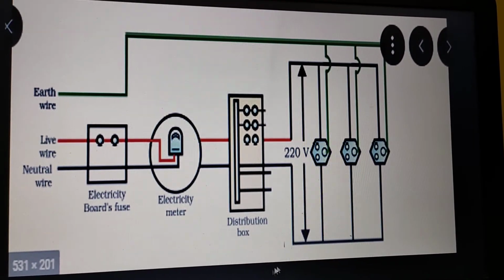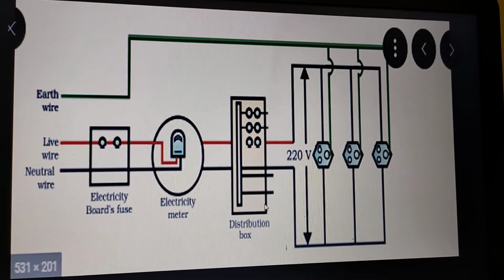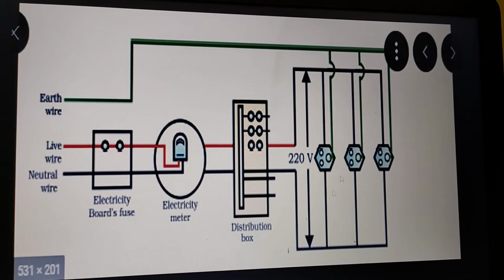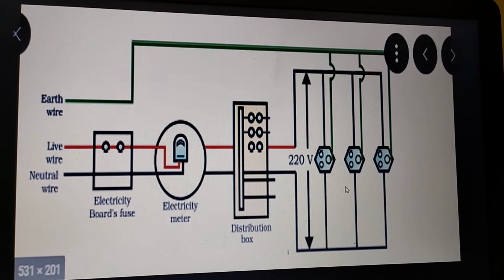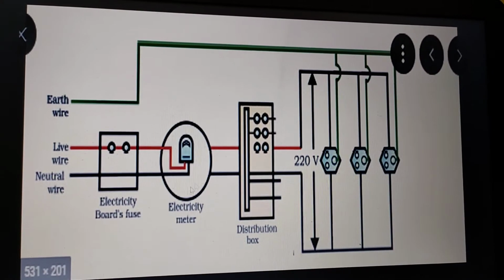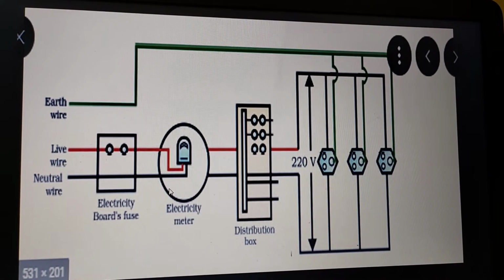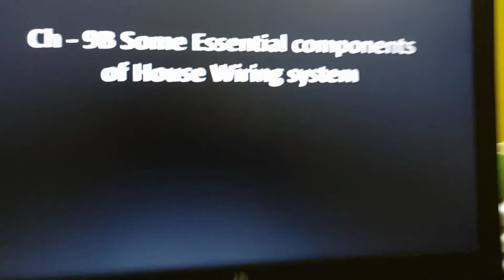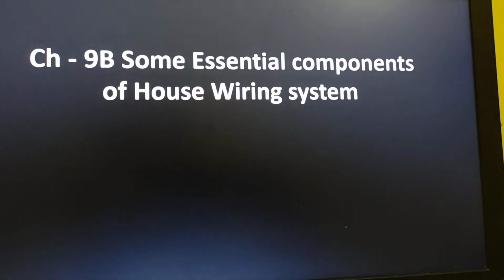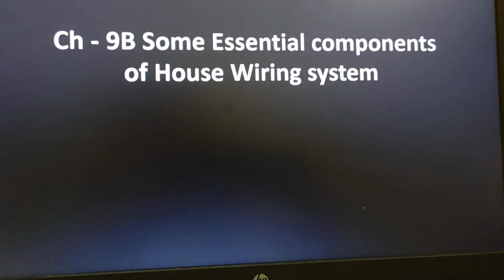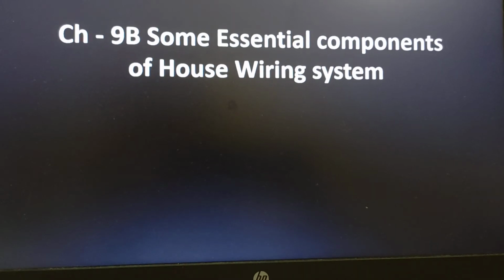Now, in the distribution box, what do we have? Different types of connections. From those connections we get 220 volt, and the negative terminals are also connected to that point. But the meter box is not connected with the earth wire. You can see that. Now coming to the next one. You can ask me, ma'am, is only this important? Yes, only what I am telling you is enough for you.